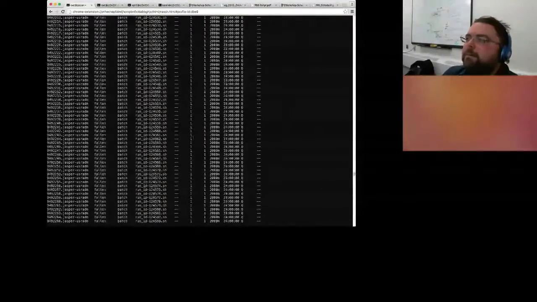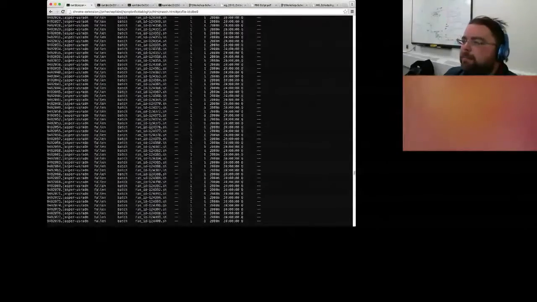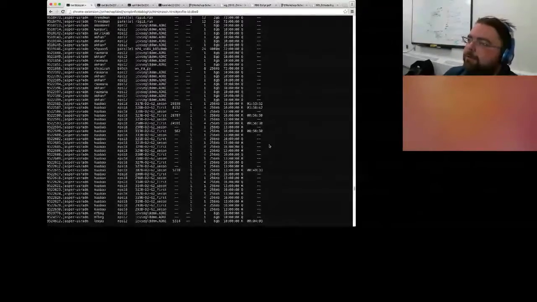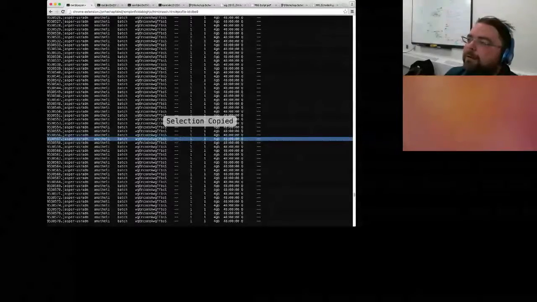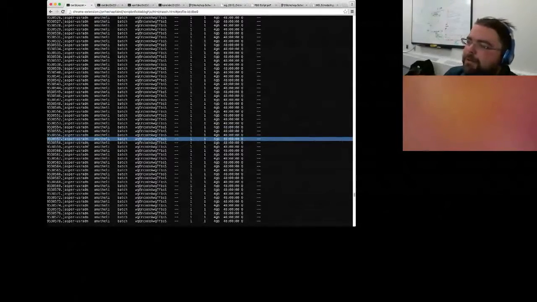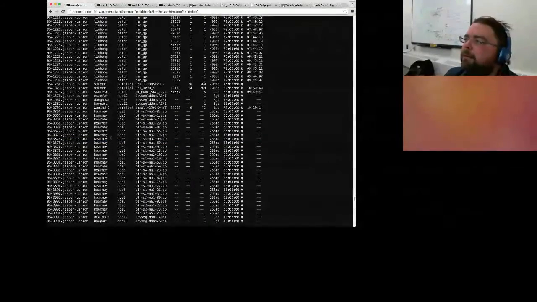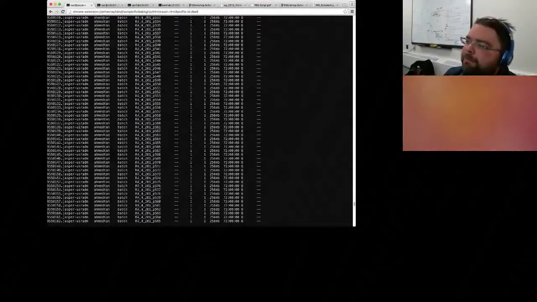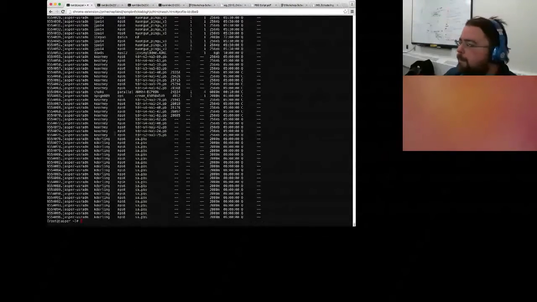Let's see if we can find somebody with a job array. No, I don't see any job arrays in use right now. Job arrays are usually superior to putting in a very large number of jobs. Some other users find it annoying if somebody puts in 5,000 identical jobs, where they could have just used a job array and saved themselves trouble, as well as other users having to page through a large number of jobs. I can also find this on